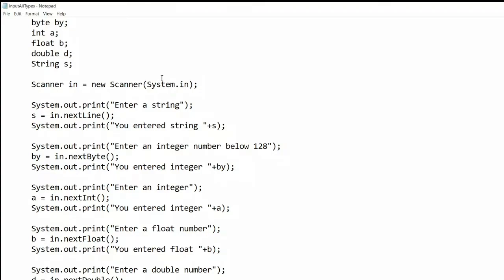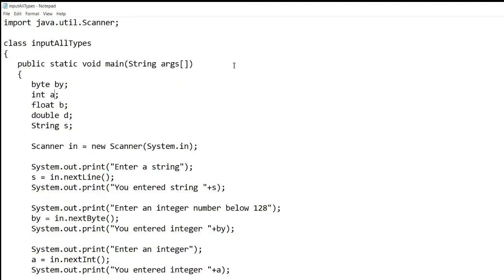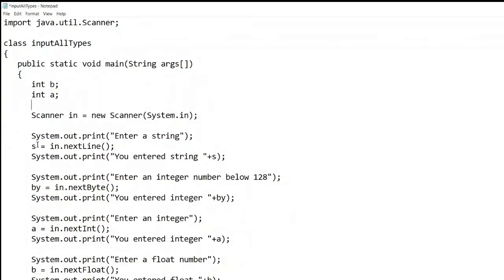Then I will define a variable sum equals to 0, which will store the address of a plus b. The same program, suppose I edit this one. In the same program I have taken int a, so I will define another variable int b. Clear? So I'll remove this one. So I have defined this one.